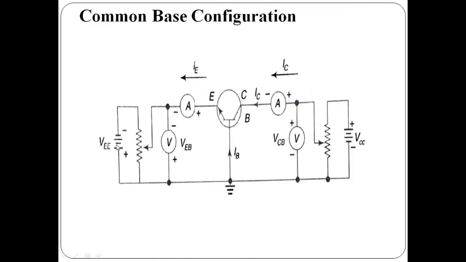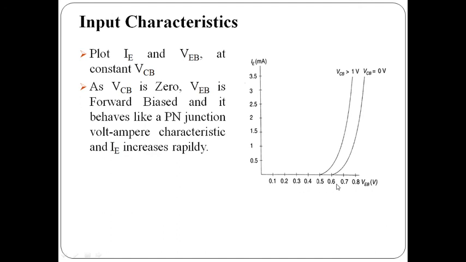So when the applied input voltage reaches a cut-in voltage, the junction voltage, then our emitter current, IE, will start to flow. If you look at the characteristic curve of our input common base configuration, VEB starts varying from 0, 0.1, 0.2. As soon as your VEB voltage reaches the cut-in voltage of the emitter base junction, there will be a rapid increase in your emitter current.